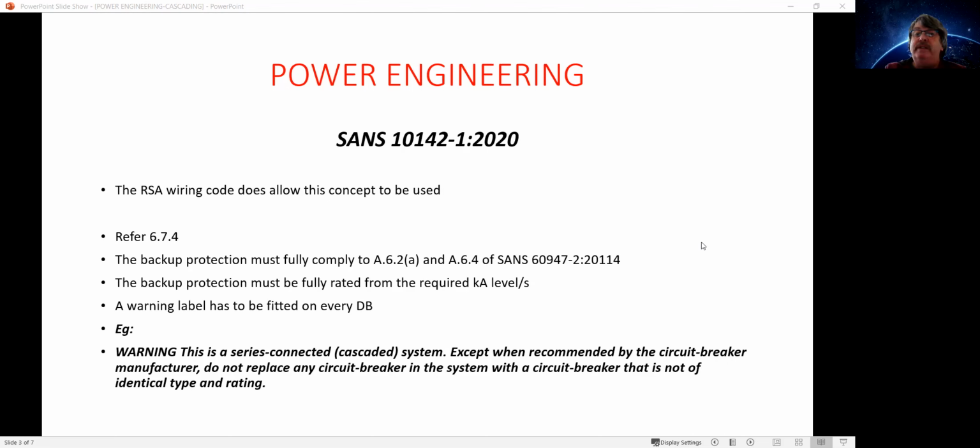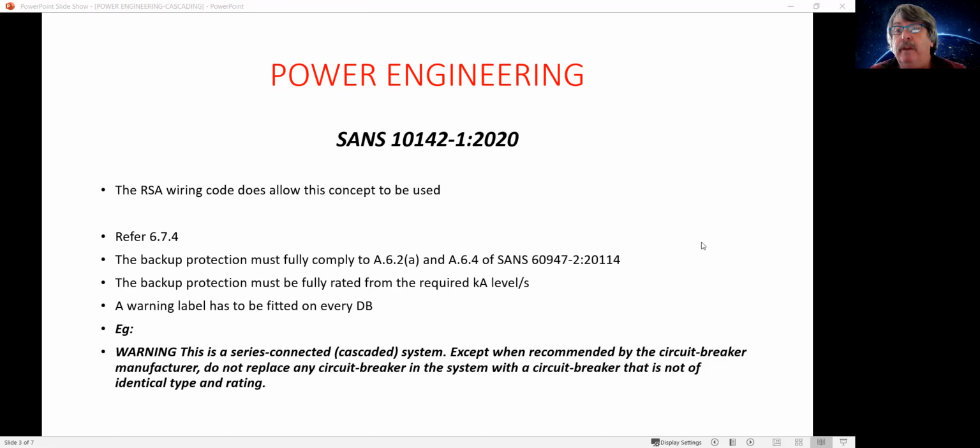Yes, and as we've said, SANS does approve it. These are the extractions from the SANS document. The main thing we want to point out here is obviously if you come across that label, it means it has been applied. So the main breaker upstream has to comply in accordance with the wiring codes, and it's the downstream one which will be underrated, and then fitting a